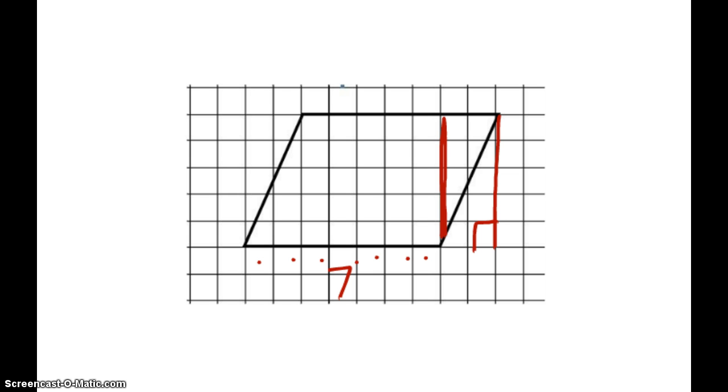We could also say that this is the height. Well, how high is that? 1, 2, 3, 4, 5. So 7 by 5. So there's 5. So let's take a look at what would happen. So we know that we have to multiply 7 by 5. So let's take a look at what would happen if we actually cut off this triangle here